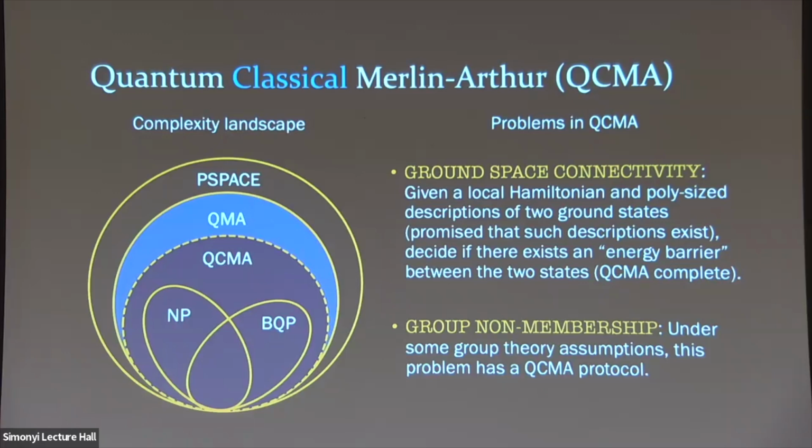Classically, an example of this would be what they call reconfiguration problems. If you have two SAT assignments, can you get from one to the other just by local bit flips, where each local bit flip stays a satisfying assignment? And that's not necessarily always the case. No, but that's a discrete problem. Here we are in continuous space.